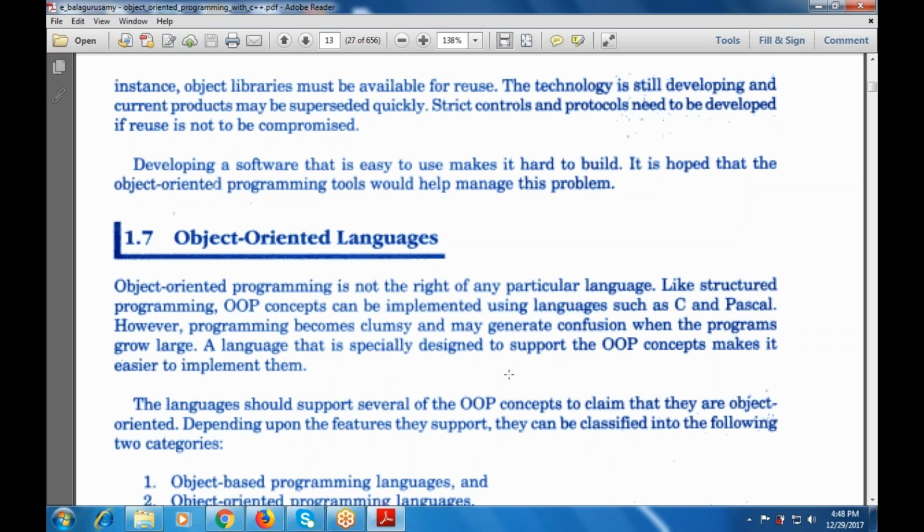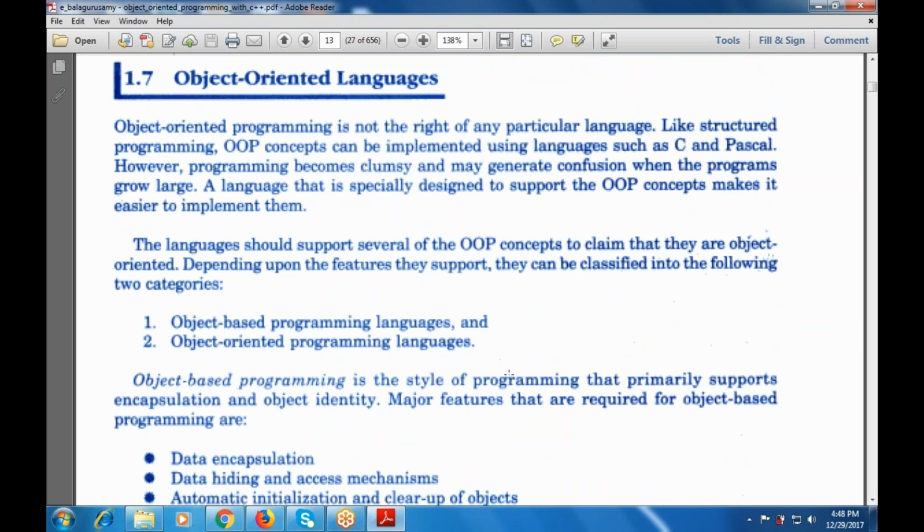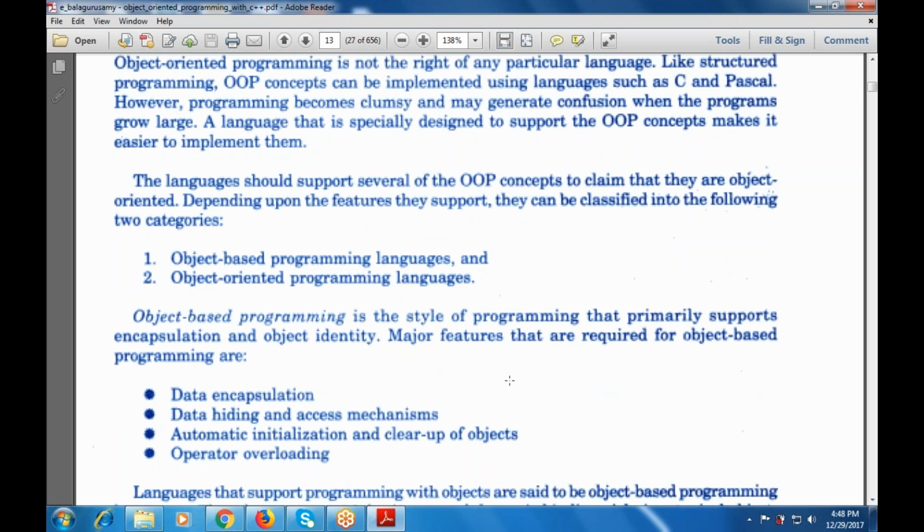Depending upon the features they support, these programming languages are classified into different categories, and they differ from language to language. The object-oriented programming language is also defined as a style of programming that supports encapsulation and object identity. The major features required for object-oriented programming are data encapsulation, hiding and access mechanisms,